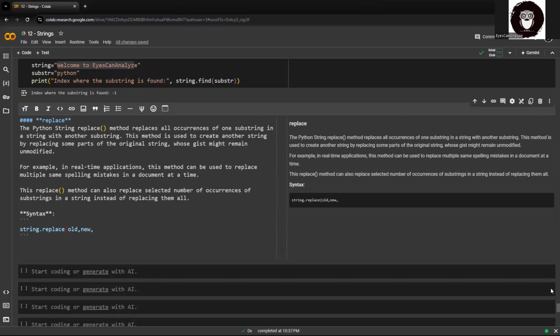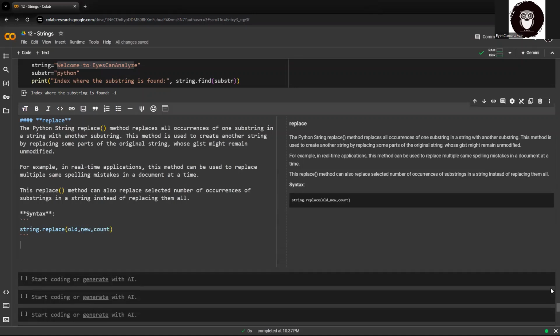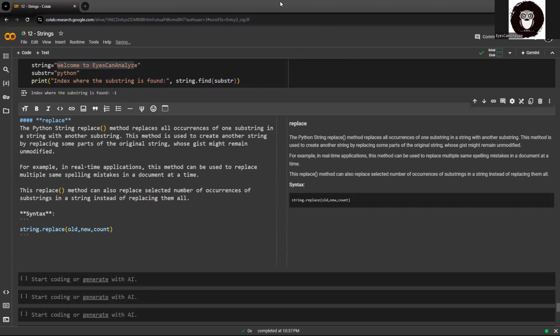And then there is an optional parameter of count, which says how many of them you want to replace. So only the first occurrences are replaced if the argument count is given. So you need to be careful when using these parameters,